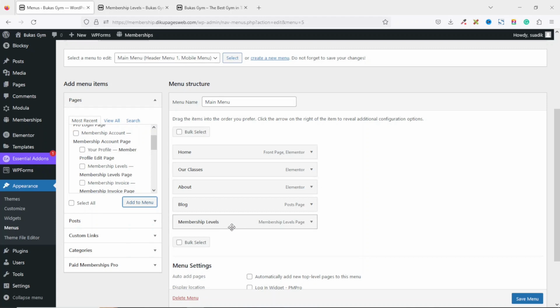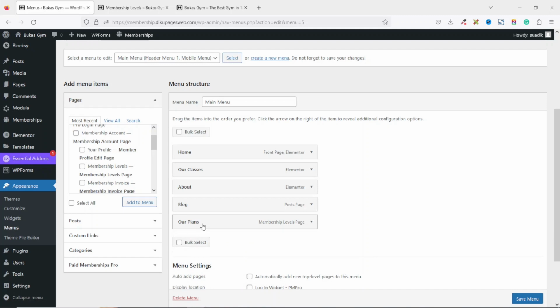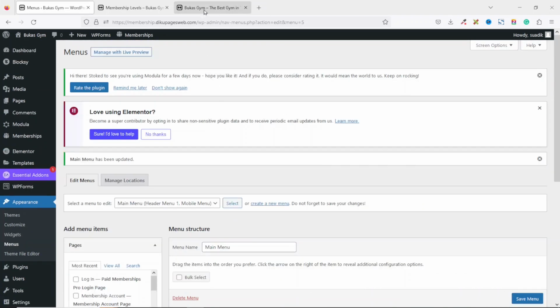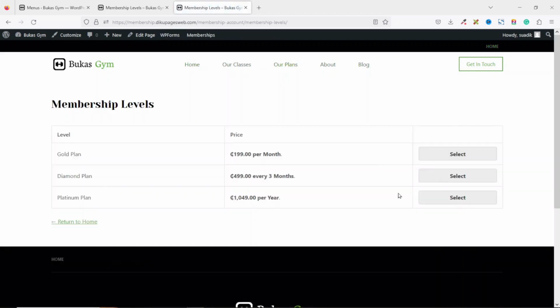I don't want to have the title membership levels, so I drop down the arrow here, and I'm going to change it to our plans. I collapse it, and I want it to fall under our classes, like this. All is set. I click on save menu. Now if I go to the front end and refresh, you see that we now have our plans as part of our menu links. If I click on it, it will take me to the membership levels I have on the website. Perfect. So that's it on how we add membership levels onto our website and also display it on the front